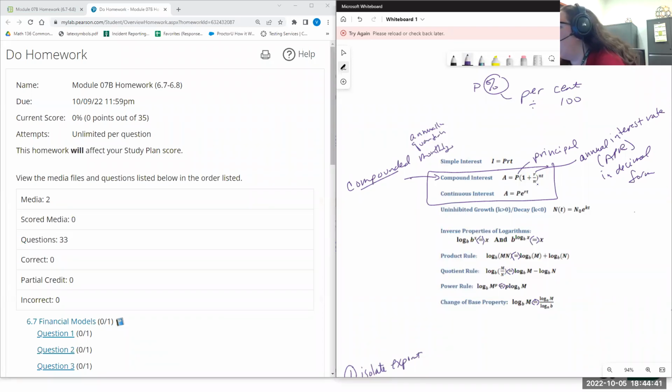And then N that you see twice in this equation. So let me write this a little bit bigger. A equals P times 1 plus R over N to the NT. So the N shows up 2 places there. That's the number of times compounded